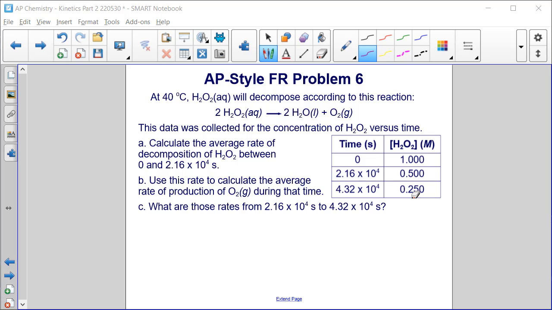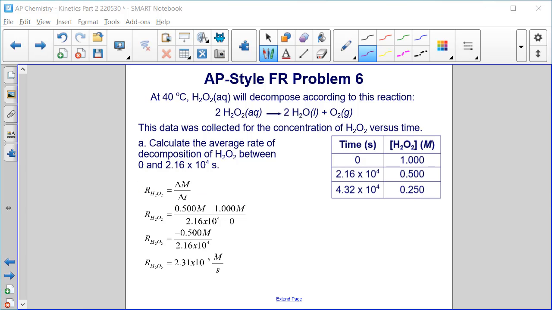A, calculate the average rate of decomposition of H2O2 between 0 and 2.16 times 10 to the 4 seconds. B, use this rate to calculate the average production of O2 during that time. And C, what are those rates from 2.16 times 10 to the 4th to 4.32 times 10 to the 4th